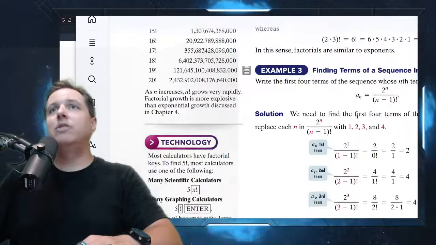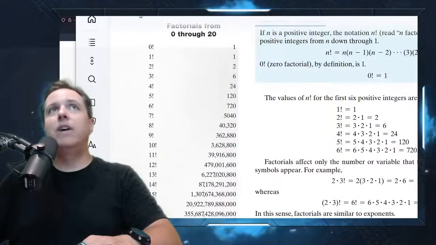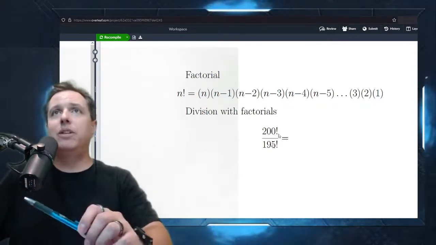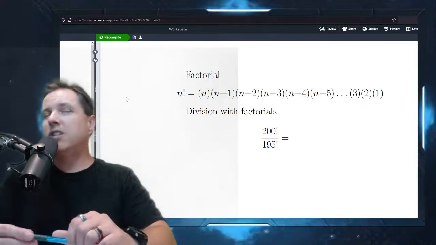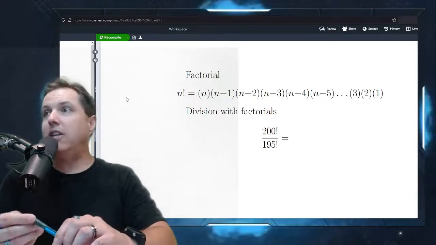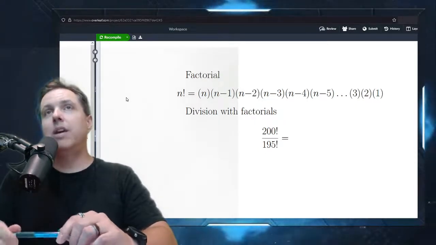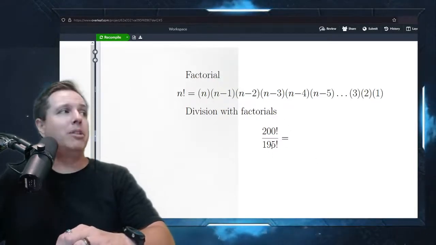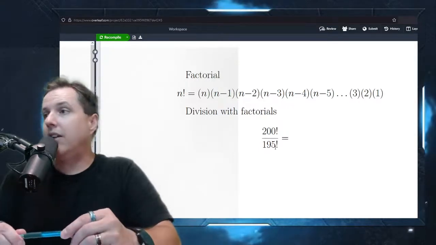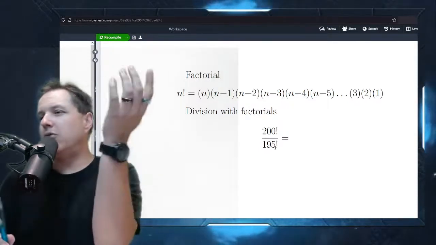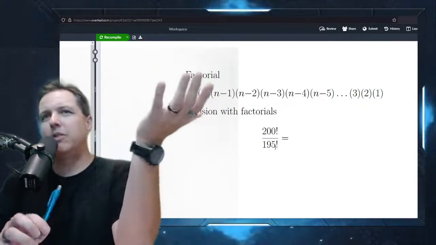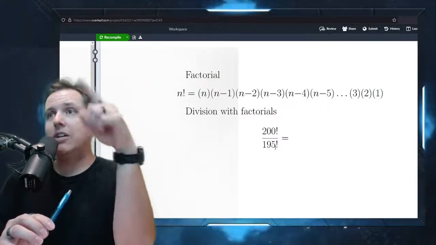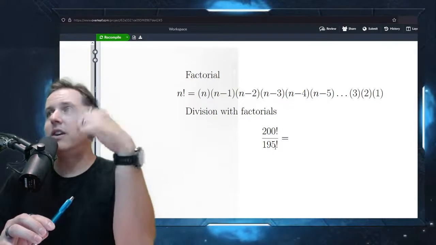Now, there are some interesting things you can do with the factorial. I mentioned some of the drawbacks of the factorial. But right here, this is a problem. If you try to put this in most calculators or computers, maybe if you're dealing with a heavy hitter computer algebra system, it might be able to calculate this. But if you're dealing with a TI-84 or something like that, it's not going to be able to simplify 200 factorial over 195 factorial, because computers are dumb, believe it or not. Most people think computers and calculators are smart. They're not. They do a bunch of additions, subtractions, multiplication, and divisions following directions endlessly.